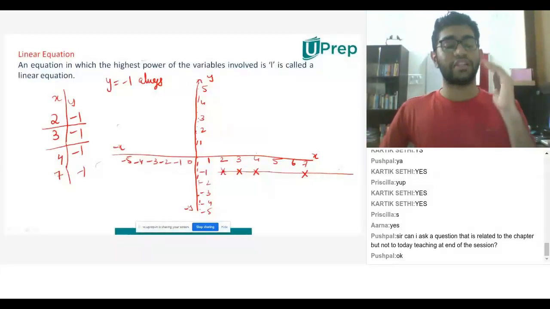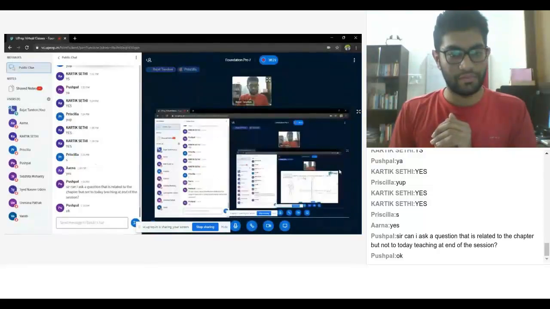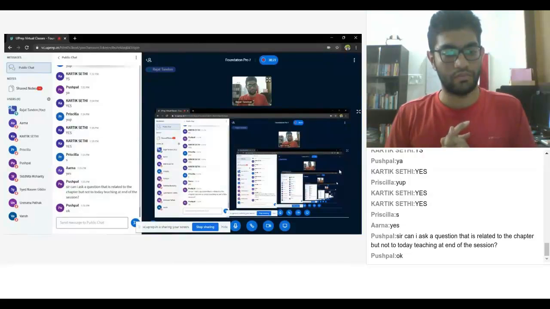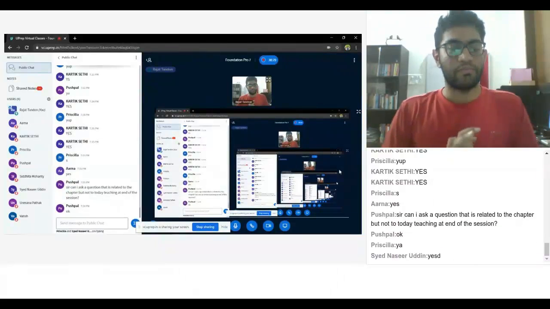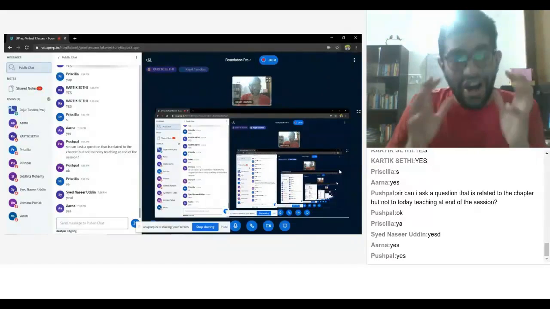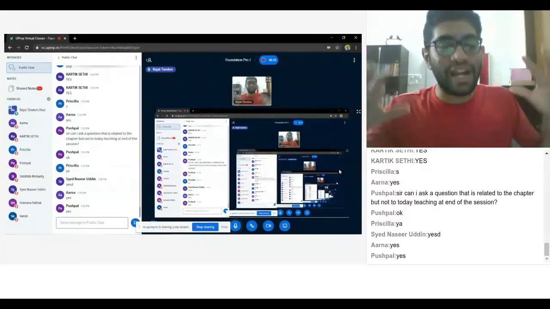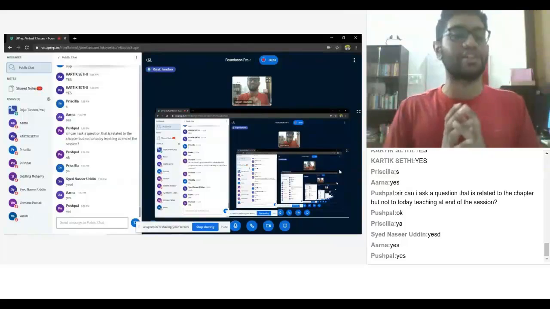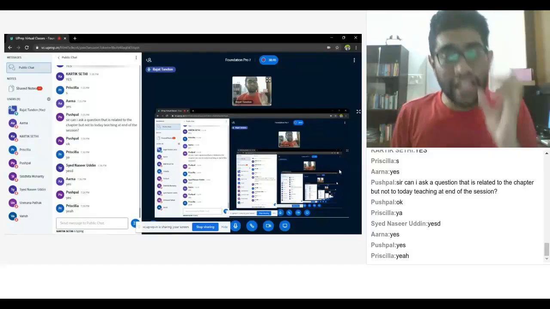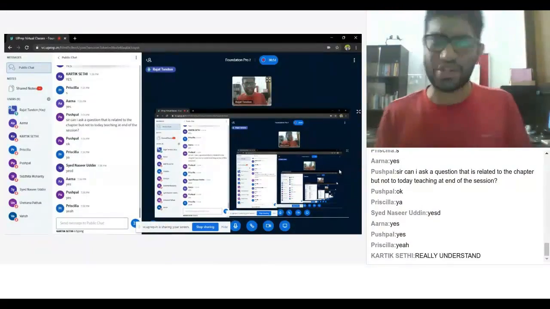Yes. When I connected the 4 points, I got a line. All of you guys agree with me? Yes, sir. Now do you understand why the topic is called linear equation? Because when I draw your answers that you give me, I am getting a line. That is why it is called linear equation and not circular equation, square equation, rectangle equation, whatever.